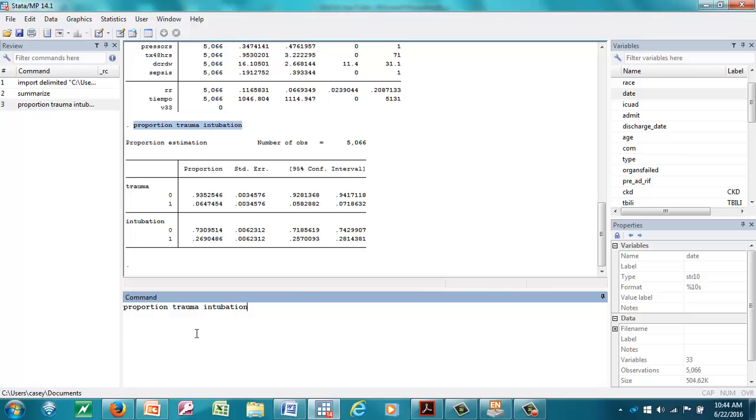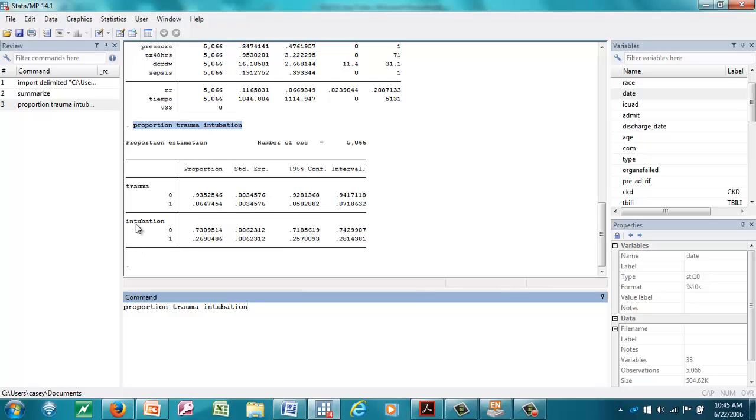So there's two ways to tell STATA to do something. One is to go through the icons as we did, and that produces this statement, or to actually type in this statement or cut and paste this statement. And you will see, in terms of our trauma, 0 is without, 1 is with. So in this, our proportion of trauma patients in the entire 5,066 data set is 0.0647, or